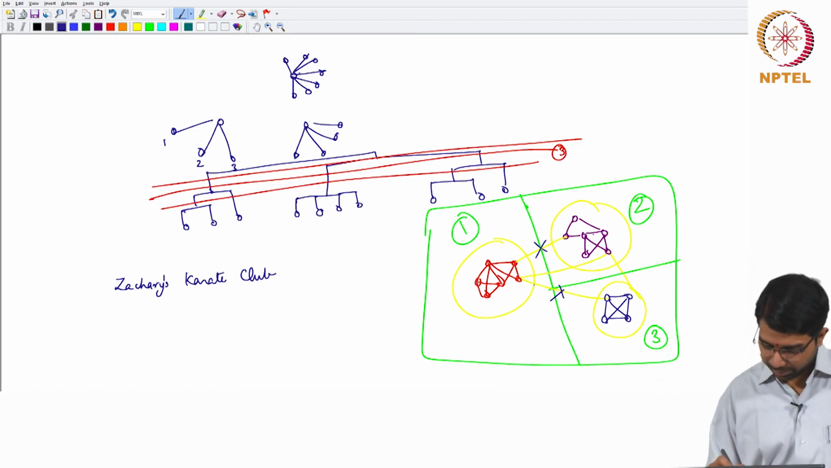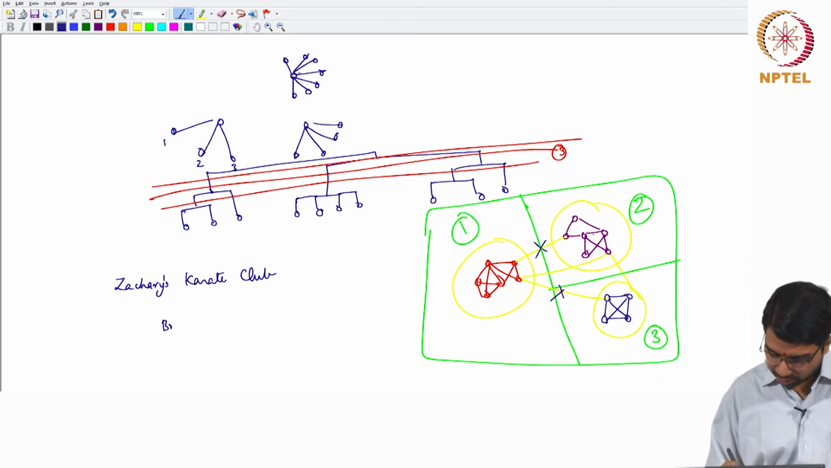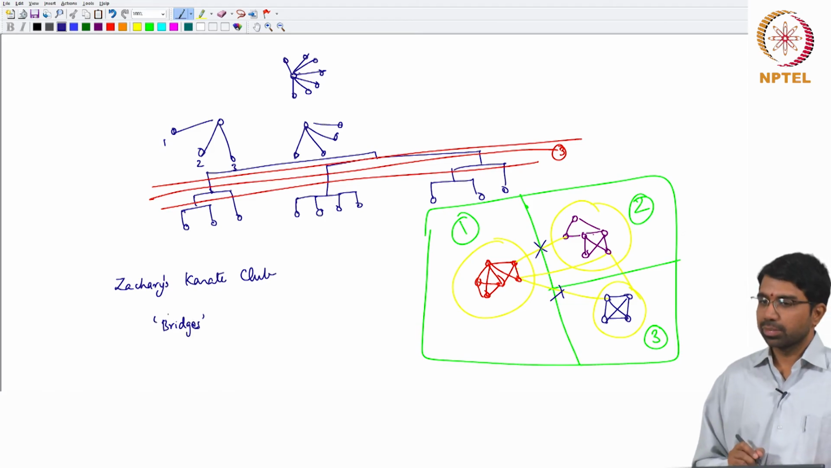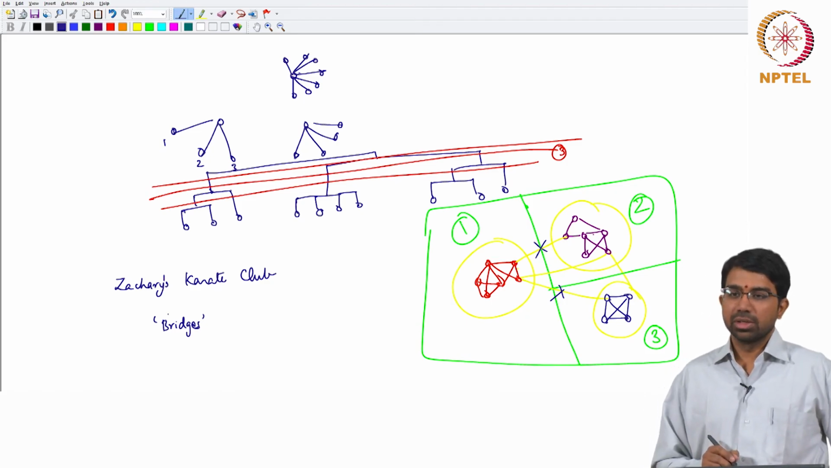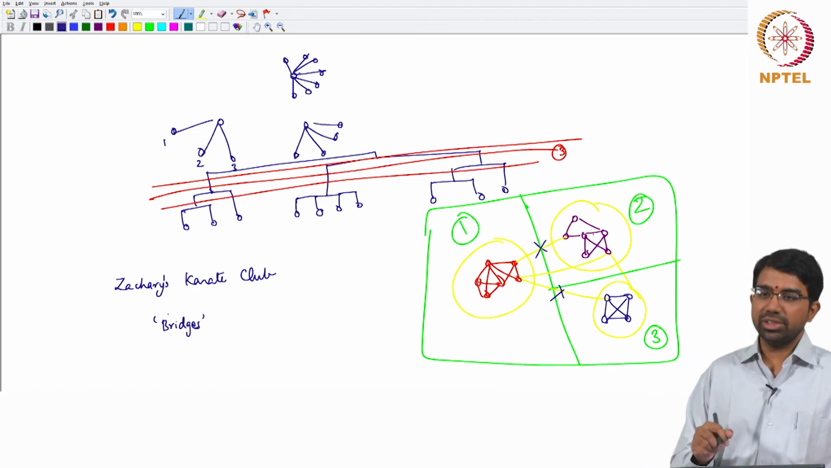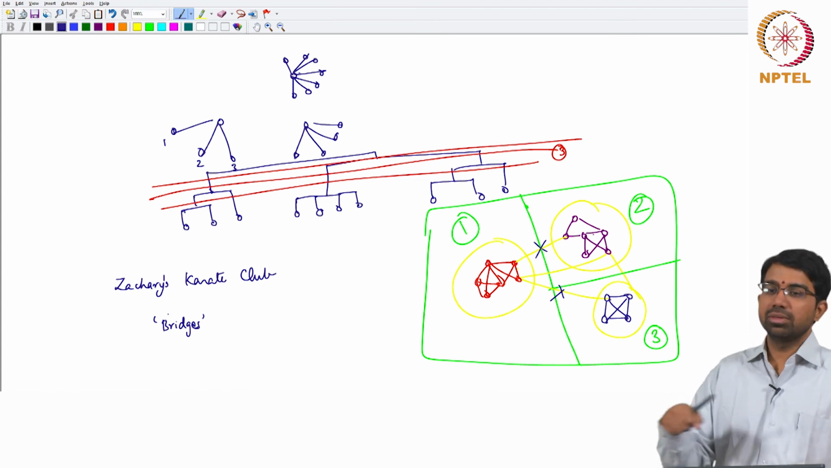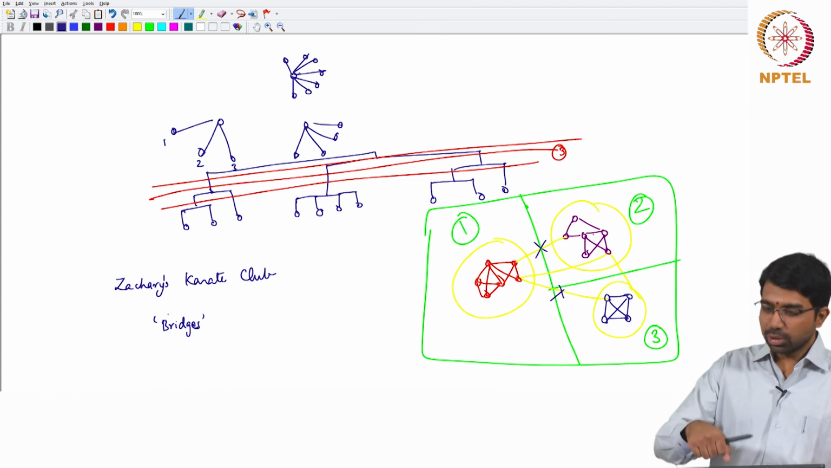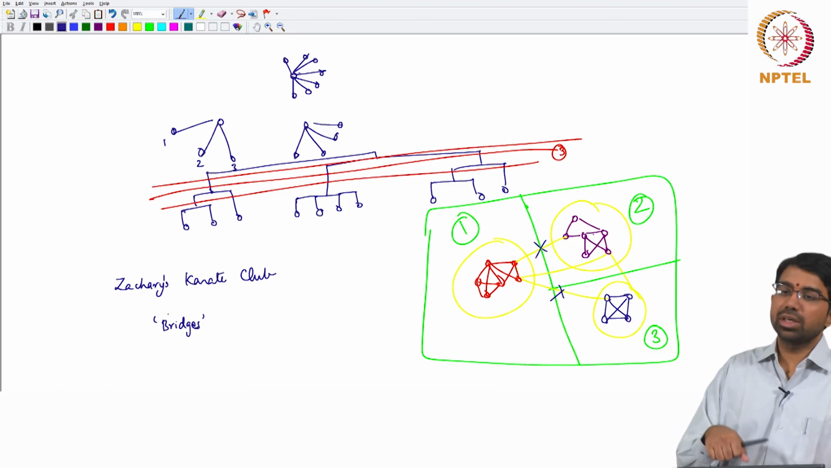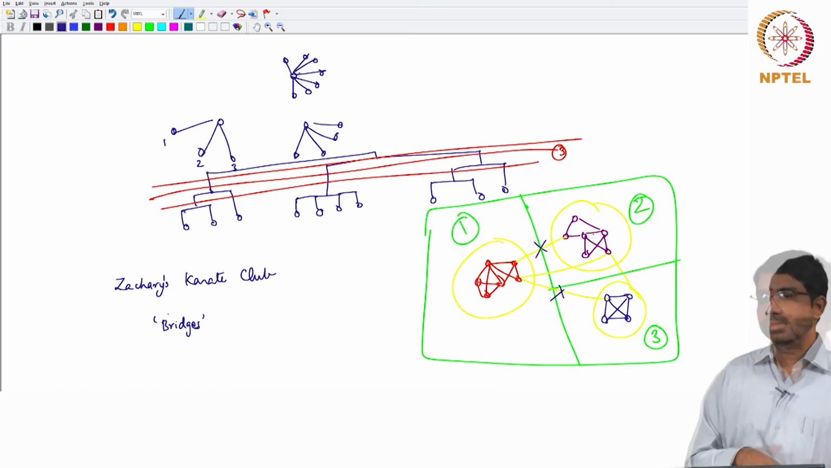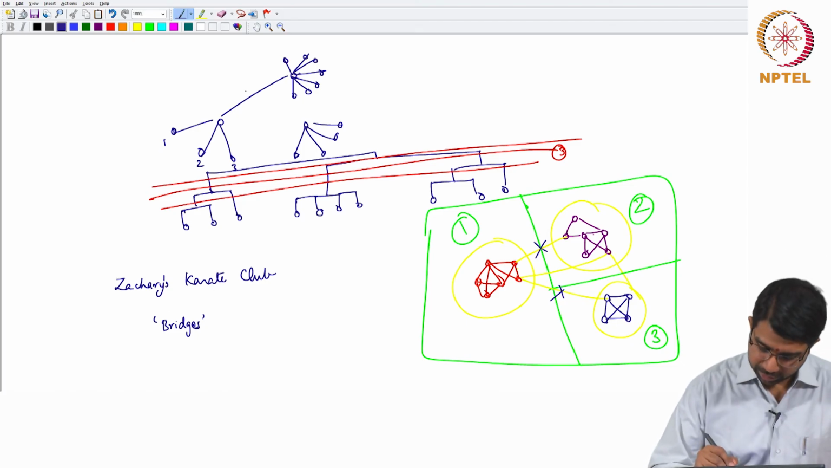In fact, there is also this related concept of bridges. You have the concept of a bridge node or a bridge edge. A bridge edge is that edge which is a bridge between 2 groups, right. So, you remove the bridge node, or in fact the bridge edge, and you end up with 2 connected components. So, this would be a bridge edge,